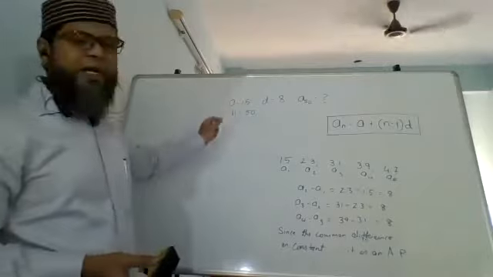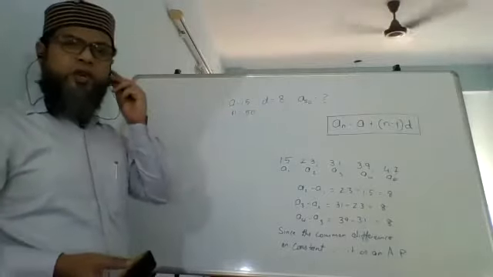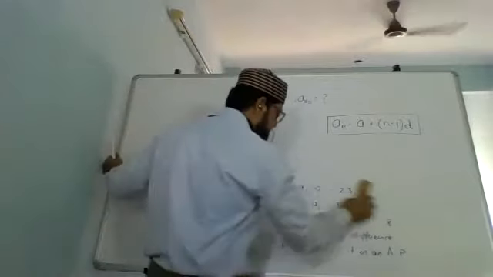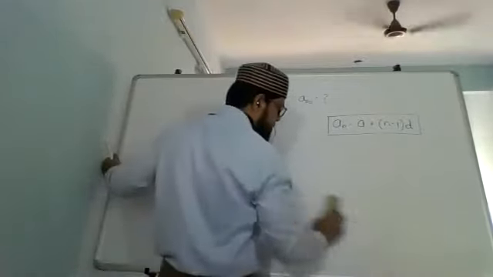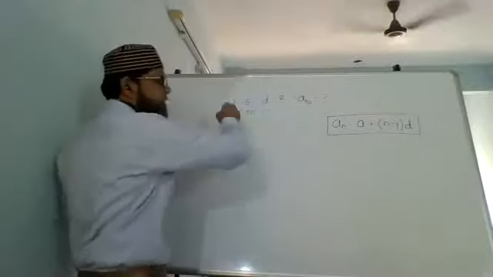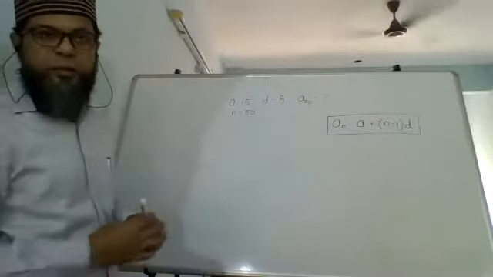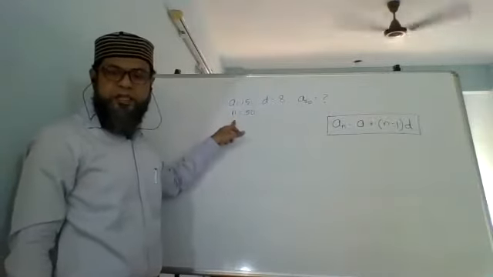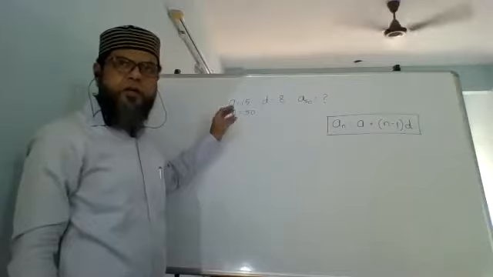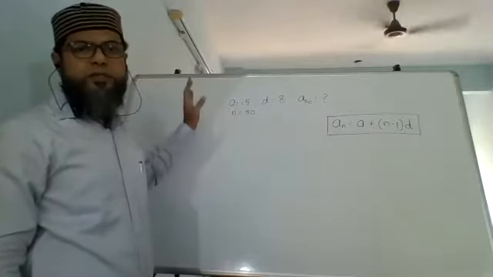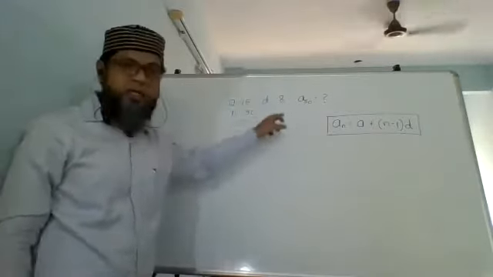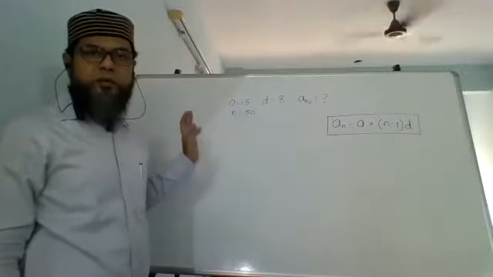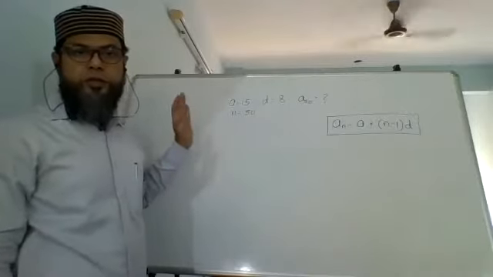If that doesn't happen, substituting and solving is not at all difficult, as we will see now. That's the easiest part. The difficult part is identifying this. If in every problem you can write this correctly, 50% or more than 50% of your problem is solved. If you can get all this correctly. But if you cannot get this correctly, 100% your problem is wrong. Your solution is wrong.